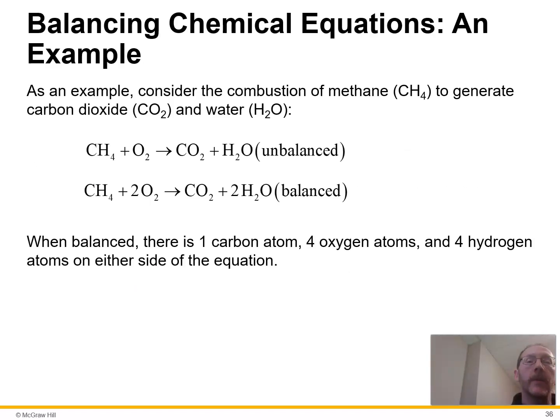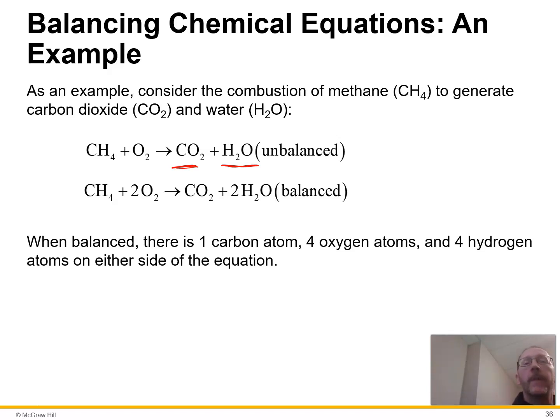Here is another reaction. Methane is what's in natural gas. If you have gas piped into your house, or we have that in the chemistry lab, and you turn on the gas spigot, that's methane with some other things in it, but mostly methane. It reacts with oxygen, and that's also a combustion. When you burn something, you're producing carbon dioxide. You're also producing water. This is why when you start up your car on a cold day, you see water coming out of the tailpipe. It's condensing. Sometimes it even drips out of the tailpipe until it gets hot enough so that the water is all vapor and not just liquid water.